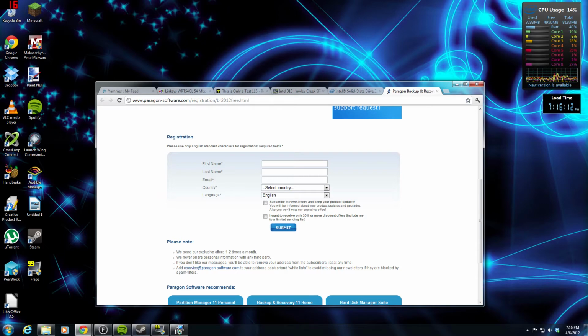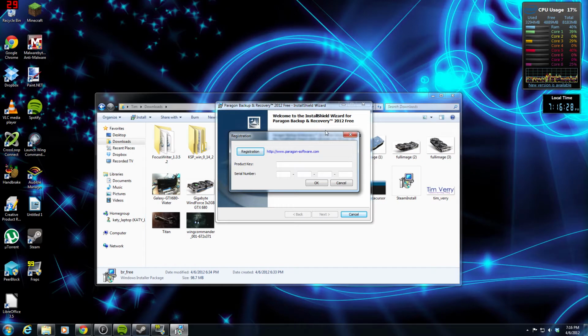It's kind of a hassle, but if this program does end up delivering an easy disk imaging solution, I think it's kind of worth it, just because a lot of the free utilities out there are pretty convoluted. I'm not saying that they're bad. They're actually pretty good tools, but they're not very user-friendly, especially to newcomers,